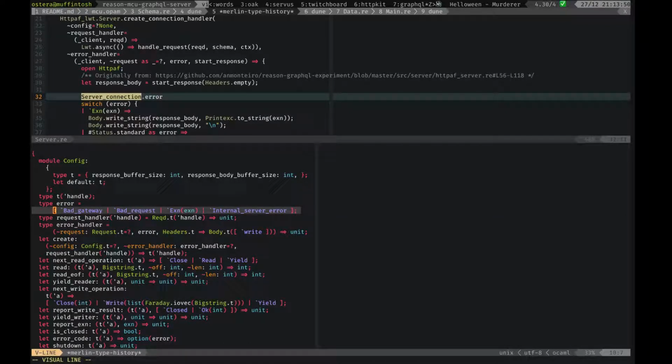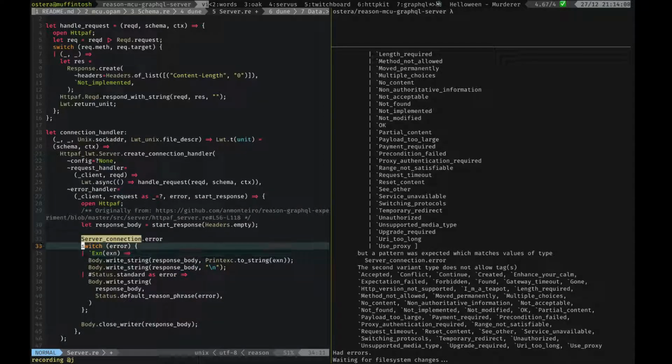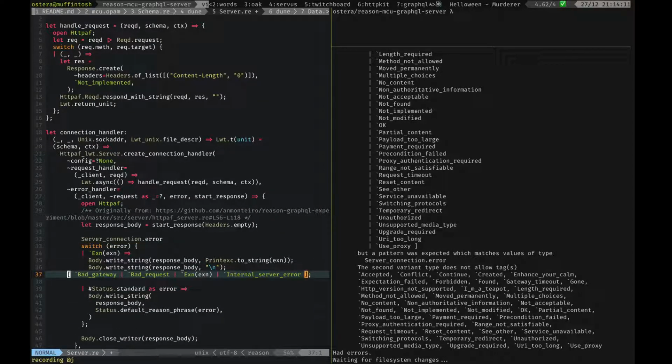These are the 4 different errors that we can have at this point. It's either an exception that is trapped in there, or then it's bad gateway, bad request, or internal server error. So we can use some of this. So I'm going to copy them, and we're going to match on them. I'm going to say if it's bad gateway, bad request, or